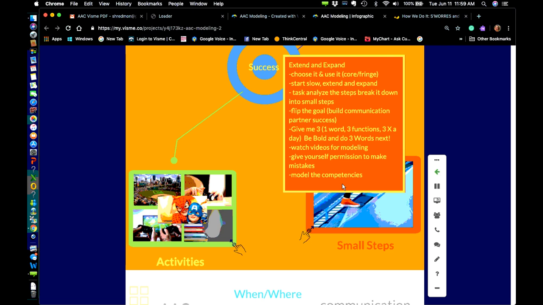One of the things that Megan talked a lot about is that she task analyzes these steps and breaks them down into small, usable chunks. And that's what we did for our staff as well, and that was huge. We didn't ask them to do it all at once. I made that mistake, and it doesn't work. Just point to everything you're saying for the next hour. It didn't work. It crashed and burned. So really starting with this choose it and use it, this give me 3 idea.